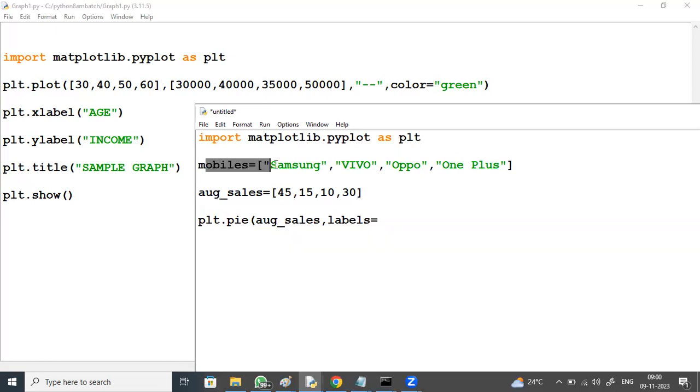Nothing but these mobiles. So plt.pie August sales, labels equal to mobiles, plt.show. I'll discuss all this in brief in our regular sessions, but I'm just showing you how this Python coding looks. Control S.